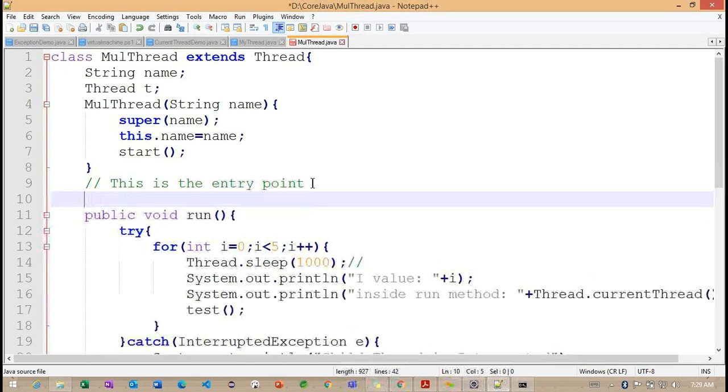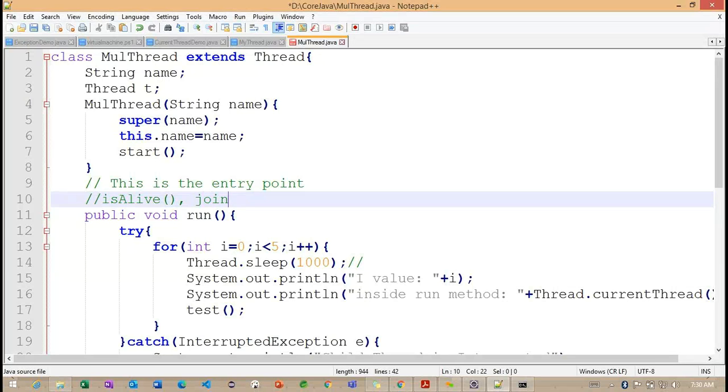So what are the two methods we are going to discuss here? The first method is isAlive. Basically, it checks whether the current thread is terminated or still in the live status. How can we check whether the current thread is terminated or not? We can call this particular method on top of the current thread object, so that we will get to know whether this particular thread is in the terminated state or the live state.